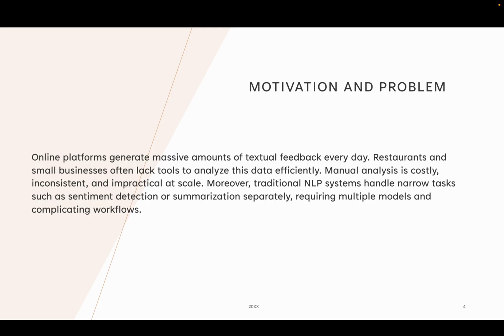Next, I wanted to talk about the motivation and the problem. The motivation behind this project comes from how quickly online platforms generate data today. Restaurants and small businesses rely heavily on reviews for growth, but they often don't have the tools or time to go through them effectively. Manual review analysis is costly, time consuming, and subjective, while traditional NLP systems only handle small, separate